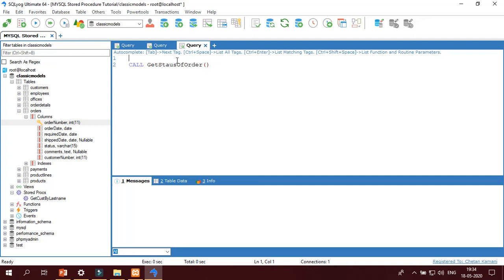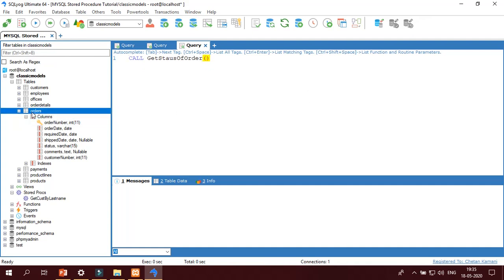How can I specify a session variable? By writing the @ symbol before the name of the variable. So I am going to create one session variable, set @status. You can specify any name over here.